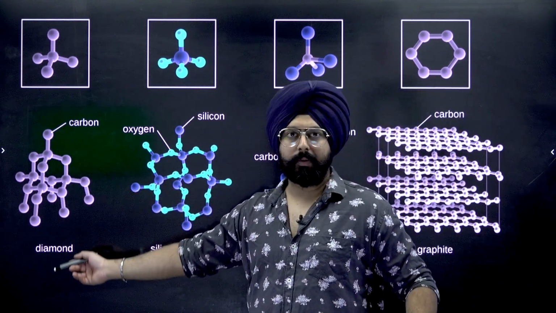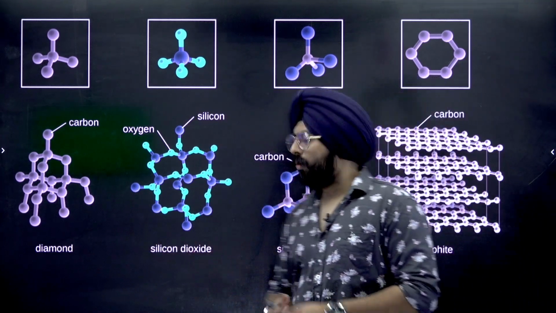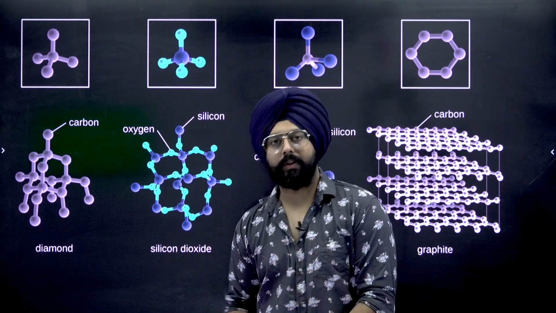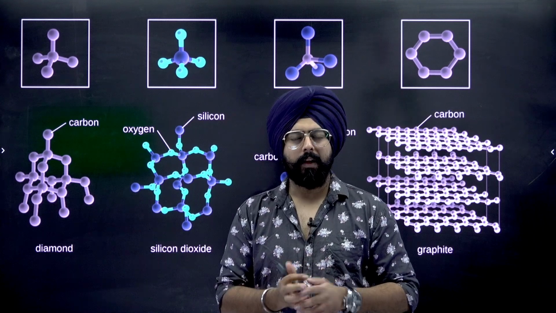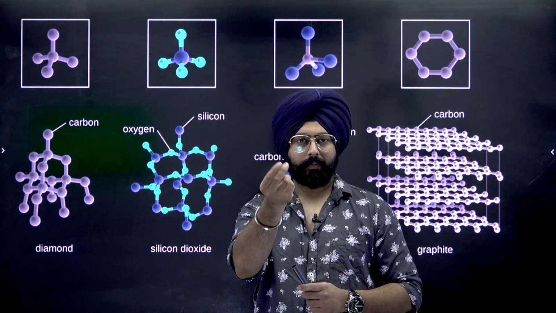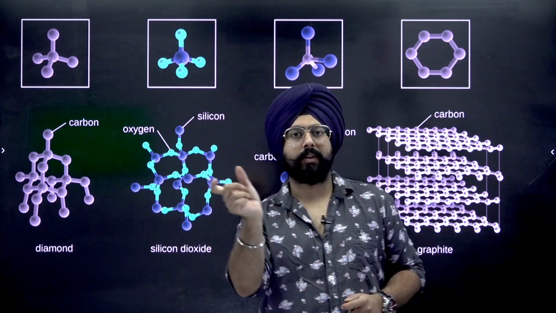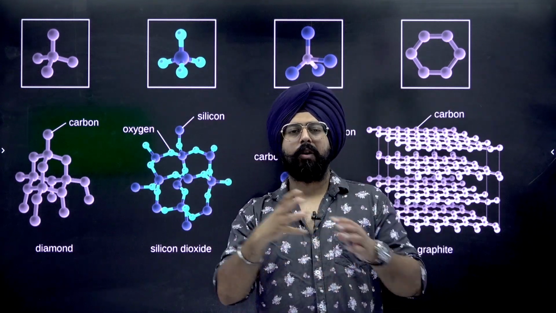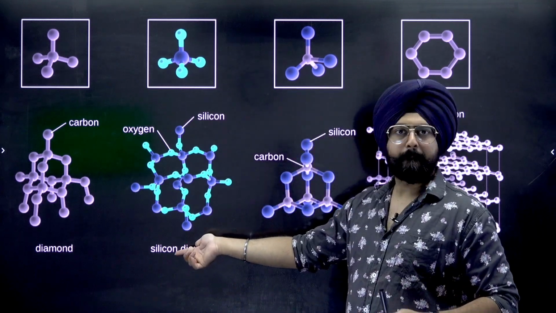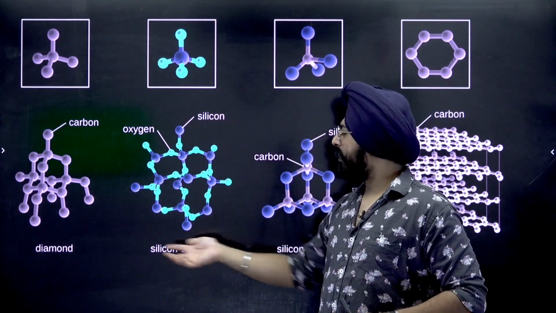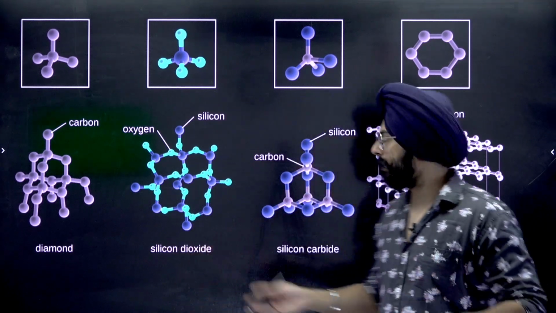Diamond, everyone knows about diamond. Silicon dioxide or silica. Silica exists in lots of different structures in nature. You find it in quartz. You find it in silica gel that you get in those tiny pouches that prevent moisture from getting into your bottle or a new box of medicines, etc. So silica gel. You have different forms of silica. Yeah, it's present in sand, etc.